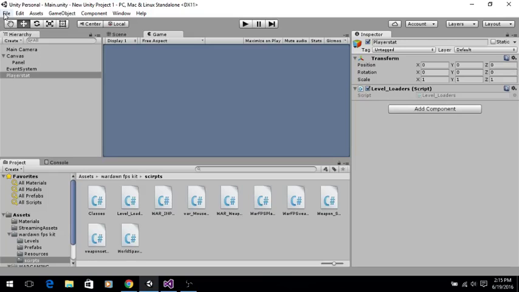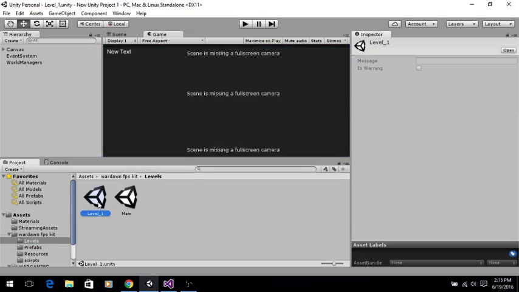I know it ain't much and everything, but work with me here. You go from this scene to this scene. Well, because we're not destroying on load,